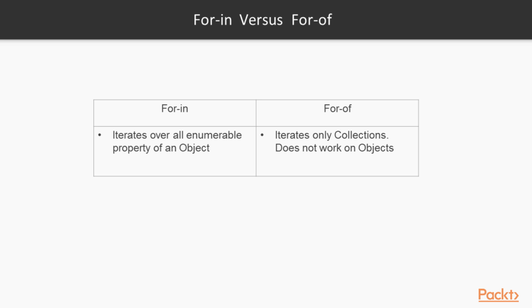That means if you create a JavaScript object, you will be able to loop through the different properties using for...in. Whereas for...of works only on a collection. That's the major difference. It does not work on your regular object, but it has to be a collection. Next up, we're going to take a look at a small live code snippet where we see this difference between